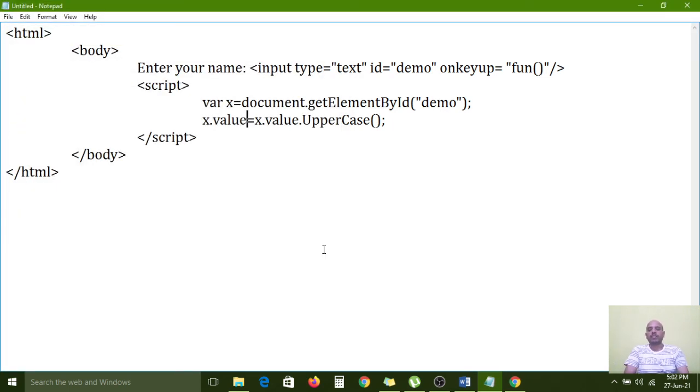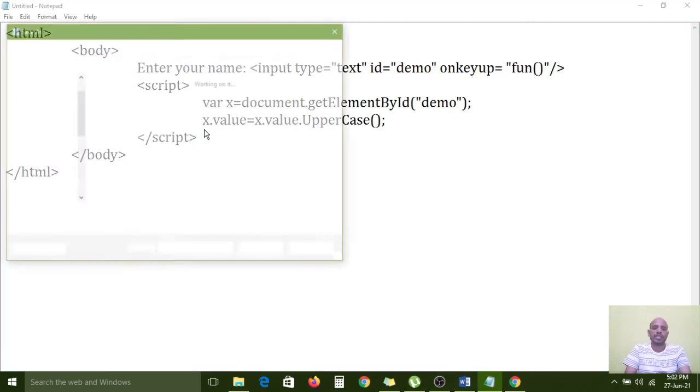The text field, right? This is the label, and here the input text field is there. So what value does the input contain? For this purpose we have to enter the value. So this is configured as x and this is configured as value. That's why I have defined it, right?